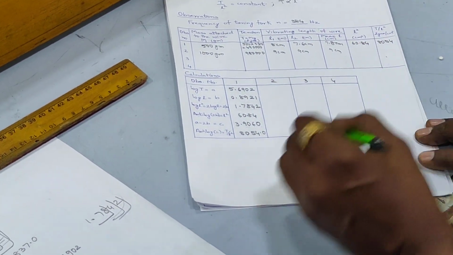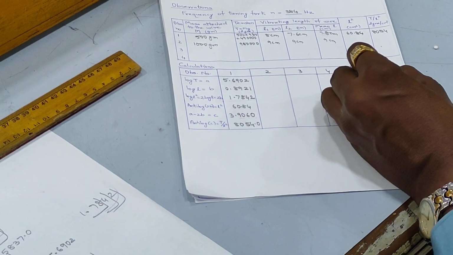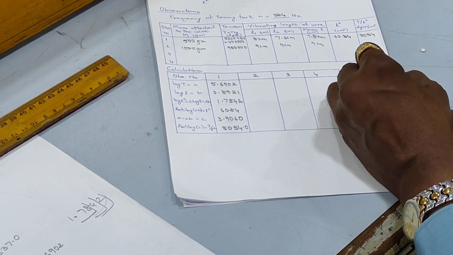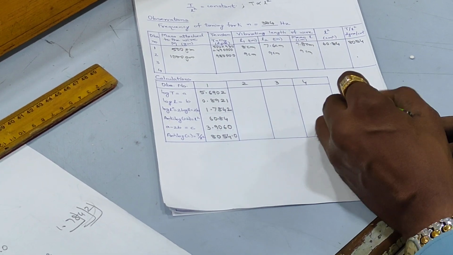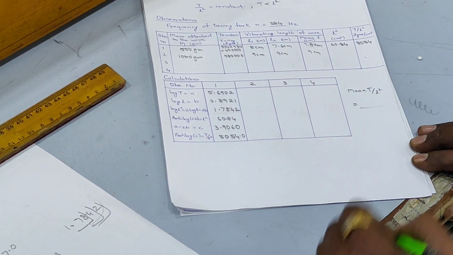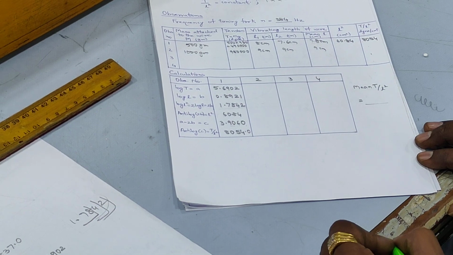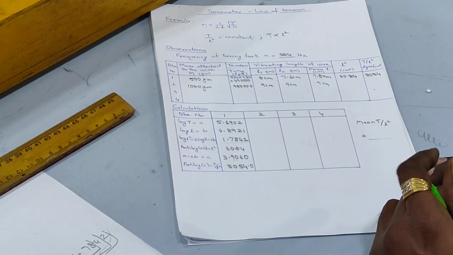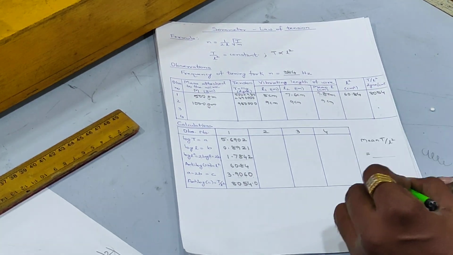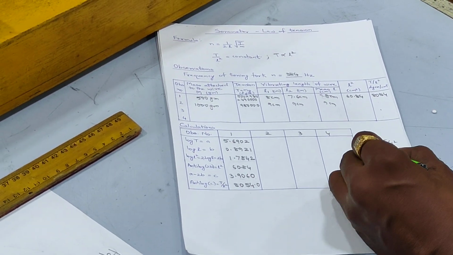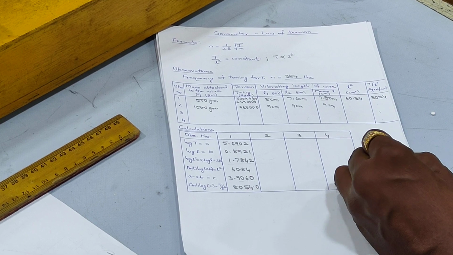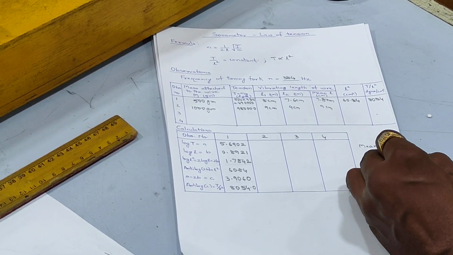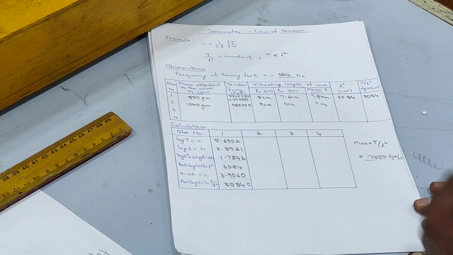After that, we will find out the mean T by L square. Mean means adding all the T by L square and dividing by 4 because we have 4 observations. And this T by L square will be used to calculate the unknown frequency of the tuning fork. The frequency given here, 384, has to be calculated. Suppose we are assuming around 8000, so the value comes approximately 7800. I am considering this value. It is not necessary it will come like this, but I am assuming that this many dyne per centimeter square is coming.